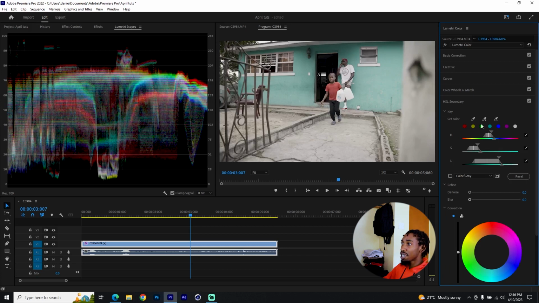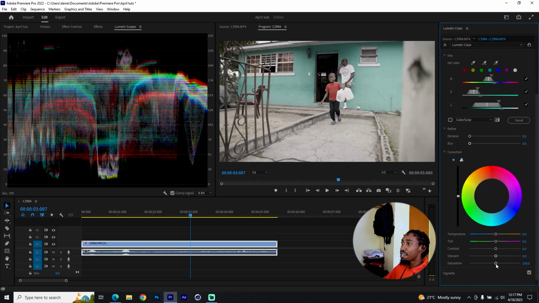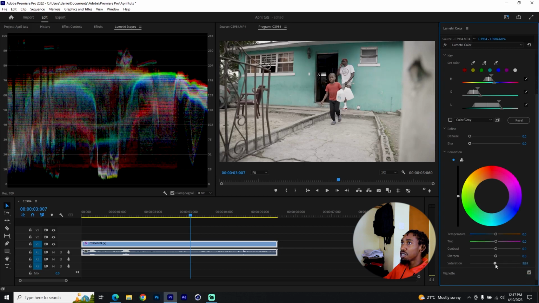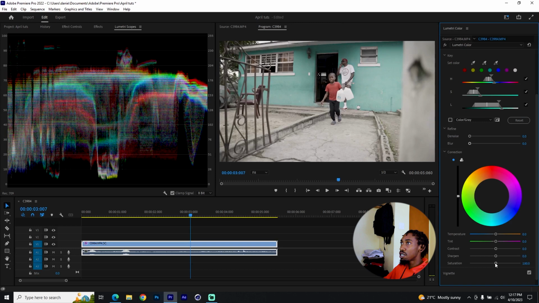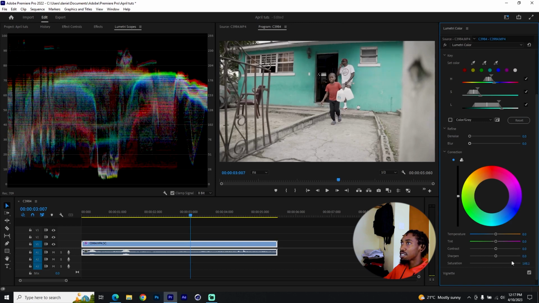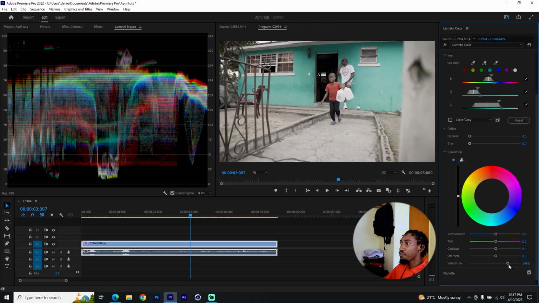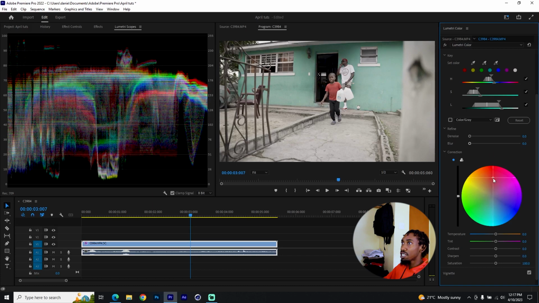Now once that is enabled, we come to correct that color. I can directly go to adding saturation, which adds color to this wall at 0. And when I increase the saturation, this is what it looks like. I can alternatively undo that and then come to these colors right here and try to give it a definite